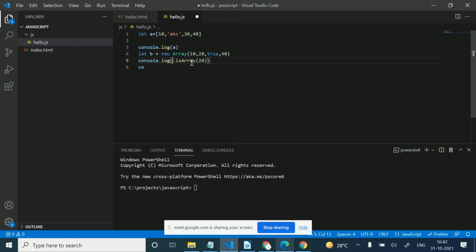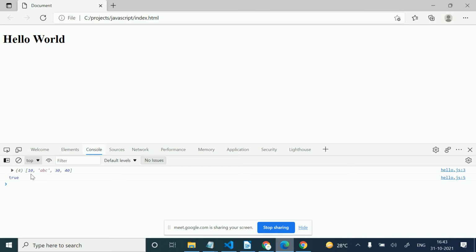It's a function of the Array object. So we will pass here b. Like by the Array object, we will call the function isArray. So we are checking whether b is an array or not. So b is an array, so we will get here true.